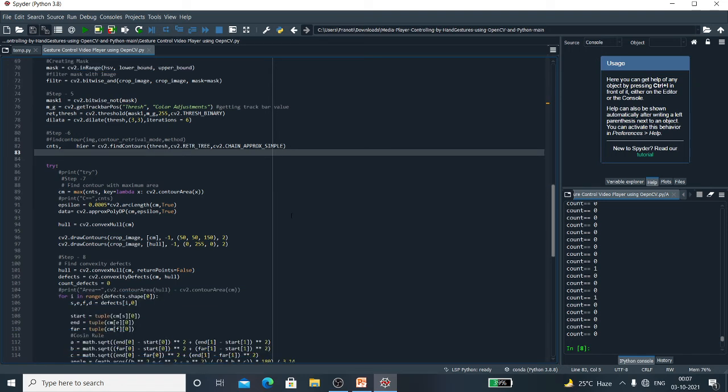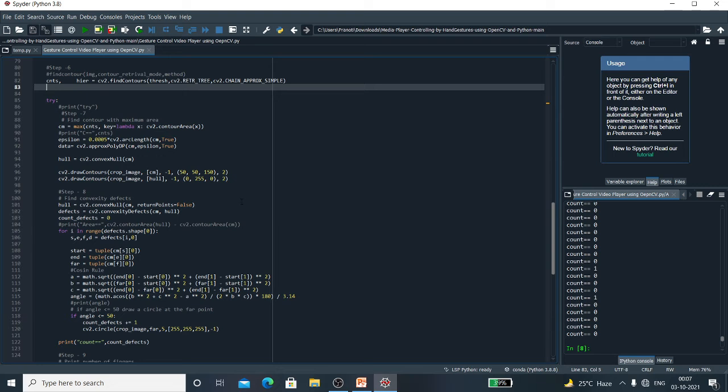So the next is step 7. In step 7, I enclosed the logic in a try block because here I am going to find contours with the maximum area.